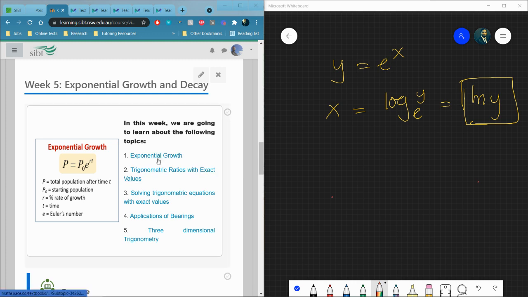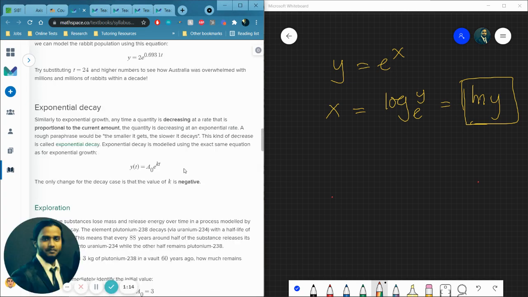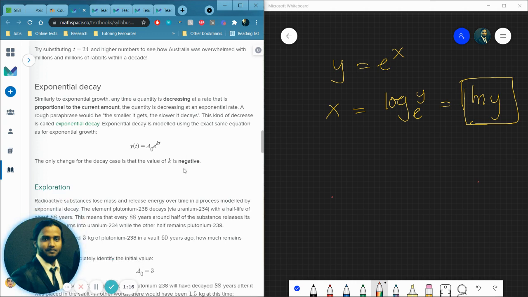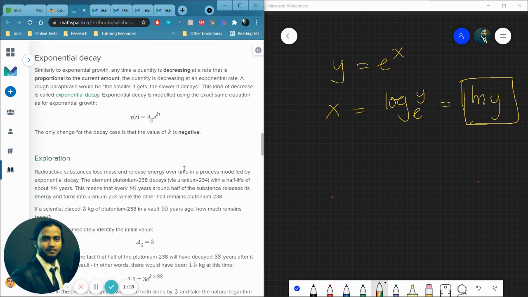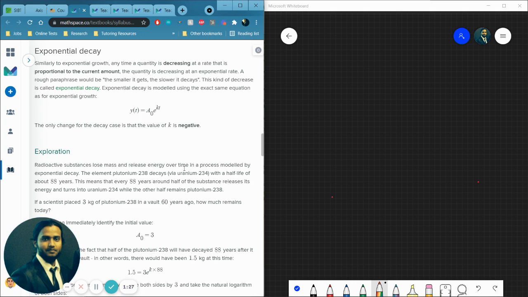If you click on this, it's going to take you to a MathSpace page, and there you have all the related reading you need. I'll try to explain the concept in a nutshell, and then we'll go ahead and solve a problem, because I think